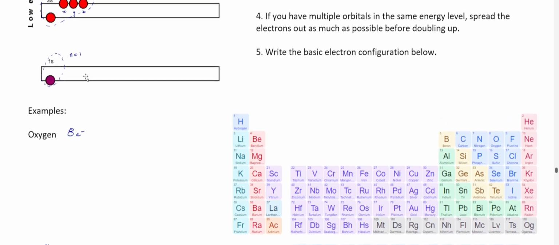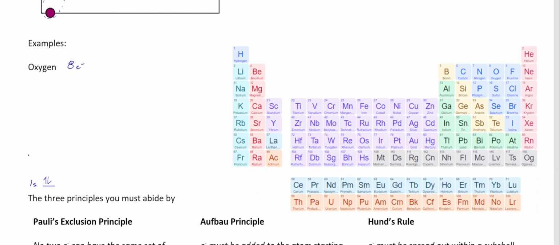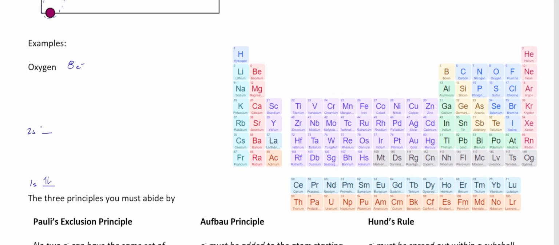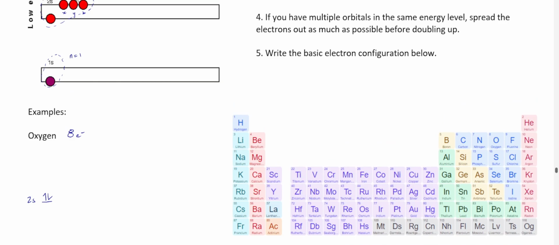So after the 1s, I've got a big jump from 1s to 2s because the distance from the first energy level to the second energy level is the greatest. So I make a big jump here and I go 2s, and then I have another orbital right there, the 2s orbital. Again, I fill that with 1 electron of up spin and 1 electron of down spin. Right, still have 4 more electrons left to place, so I go to the next subshell, that's my 2p, and